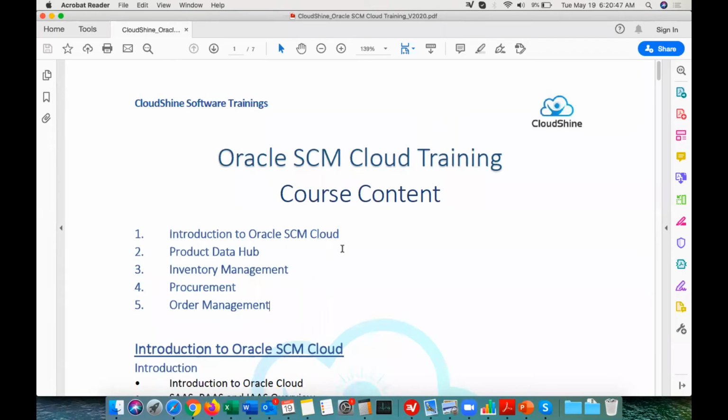Okay, that design is specifically what we are calling product data hub. The configurator is also a part of that product data hub, product master data management module, wherein we can use the ATO modeling and allow the customer to configure that product and then use it. But that configurator module is not covered as part of our training in detail. But I can shed some light on where that configurator module will come into the picture.